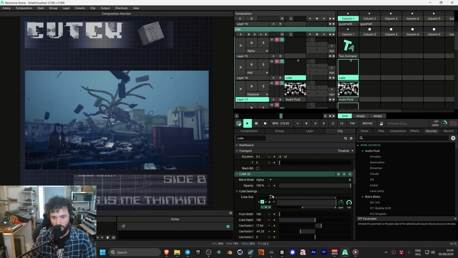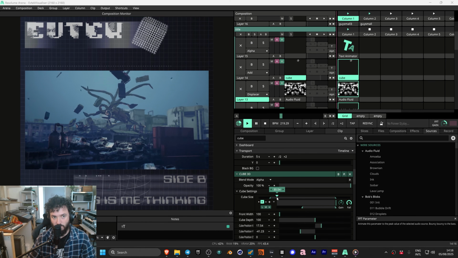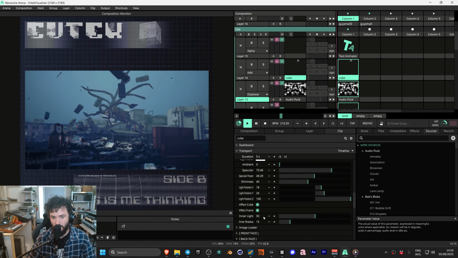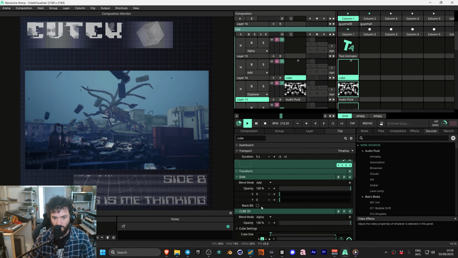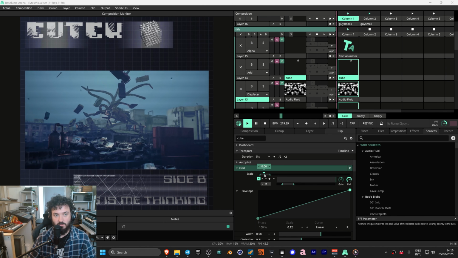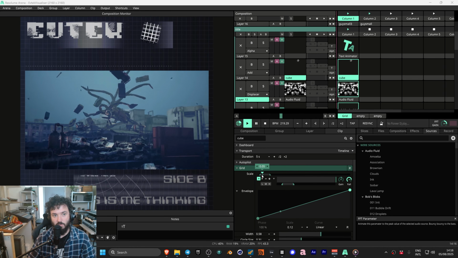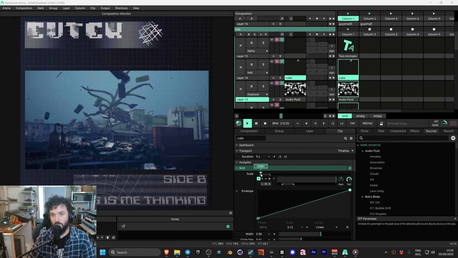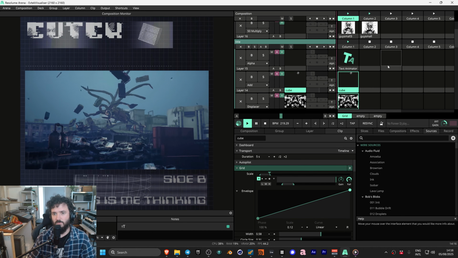Yeah, to slightly do this on the audio input, and then there's another parameter that gets pushed somewhere. There we go. So this is the scale of the grid that's mapped onto the cube, and it creates this effect. Cool. So this is all simple Resolume stuff, but it's fun,